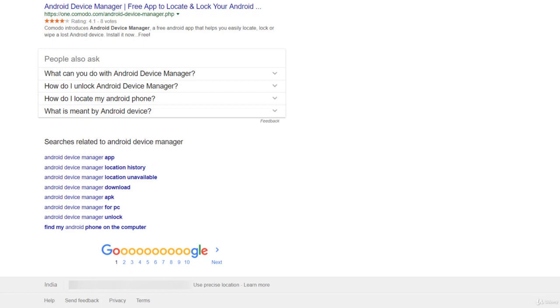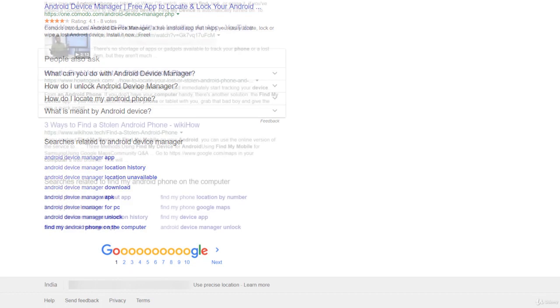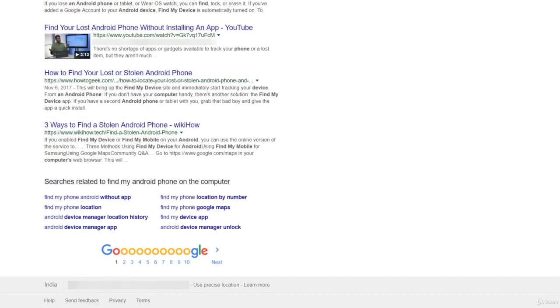I can include these related keywords while writing any article based on Android Device Manager. Find My Android Phone on the Computer is a kind of help tutorial because when I click on it, I get other related terms such as Find My Phone Android without app, etc. If you provide some solution or a detailed tutorial for this problem, if people like your tutorial or the solution for this particular topic, such as Find My Phone Android without app,